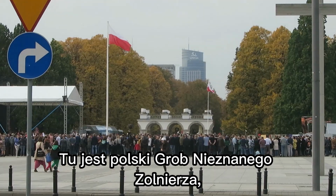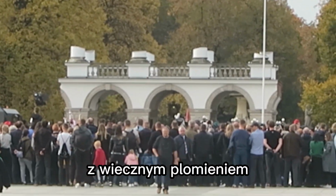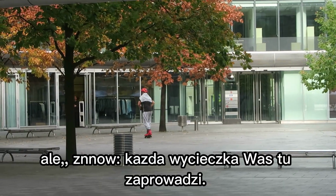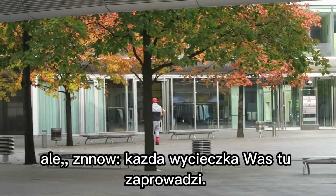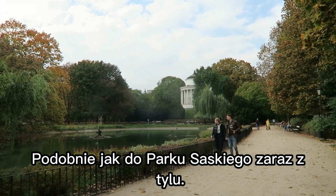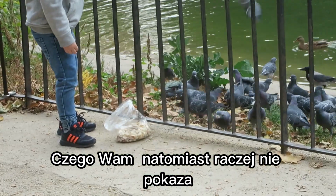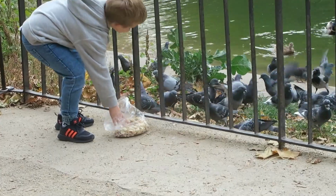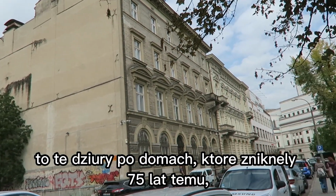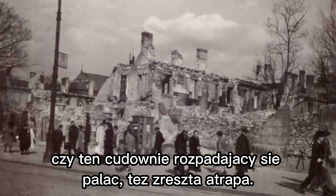This is the Polish shrine of the unknown soldier, with eternal flame and change of guards every hour, but every tour will take you there, as it will to the Saxon Park that lies beyond. What they won't show you are the gaps still there 75 years on, or this wonderfully decaying palace, also a